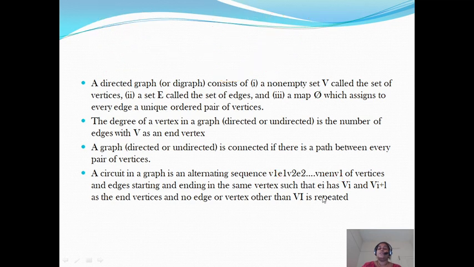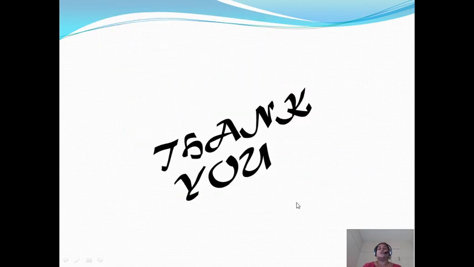So we have seen all about the graph. That much is what you need in your theory of computation. We have said what a directed graph is. A directed graph means a unique ordered pair of vertices. In an undirected graph, it is unique unordered; we are not taking any order. Any graph consists of vertices and edges, and a map says how a vertex can move to the next vertex through an edge. Degree means the edges coming to the vertex, that is called what? Degree. Or otherwise we can say that